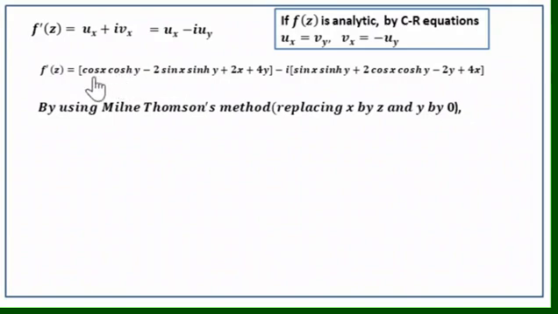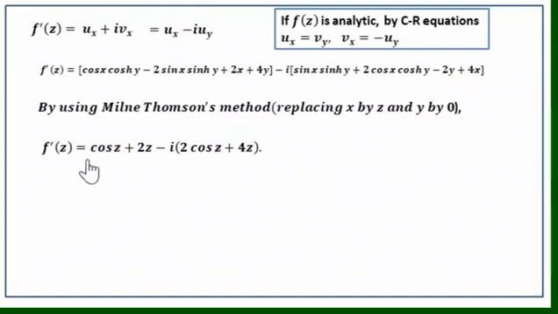So f dash of z will be cos z, cos 0. Cos 0 is 1, so the first term is cos z. Minus, here we have sin hy, putting y equal to 0, this becomes 0. So the second term is 0, plus 2z plus 0. So the real part is cos z plus 2z. And in the imaginary part, here we have sin hy, this term contains, the first term is 0, so minus i times 2 cos z minus 0 plus 4z. So we get f dash of z is cos z plus 2z minus i times 2 cos z plus 4z. To get f of z, we integrate with respect to z.